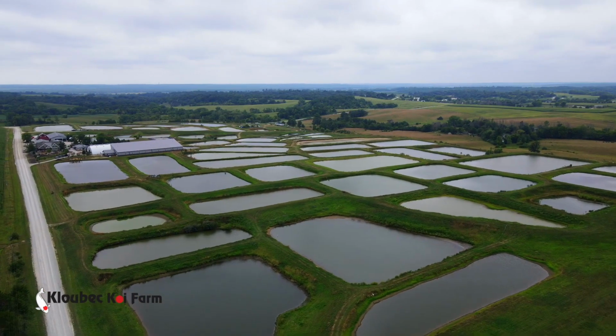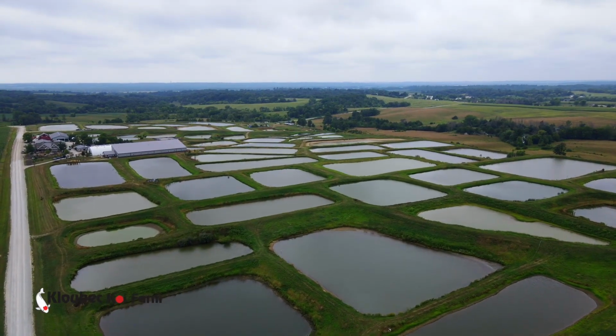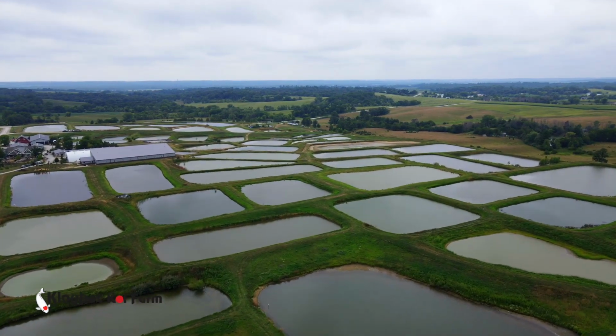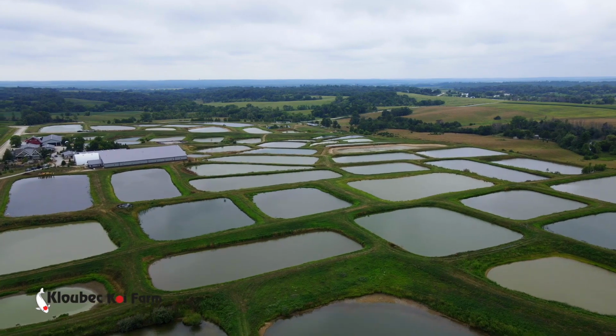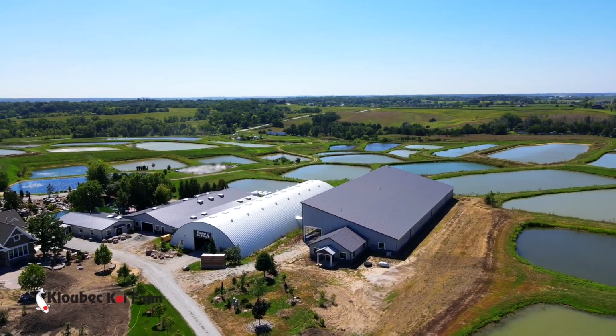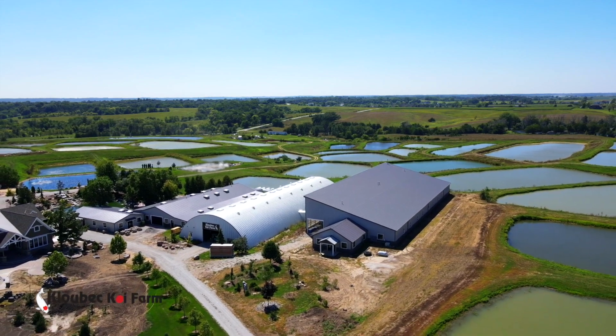Mm-hmm. And that's what we're trying to avoid. That's what we've seen when we brought in our brood stock, this unknown. So you take a farm the scale of ours, our investment, and we don't protect that. If we were to be bringing in all these fish from Japan or Israel or Indonesia or wherever, doesn't matter what country, we would risk our farm substantially with every box that comes in, because